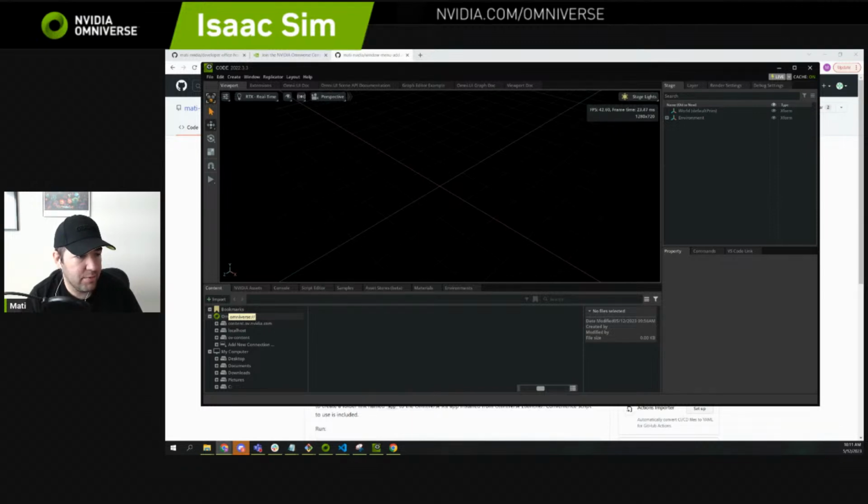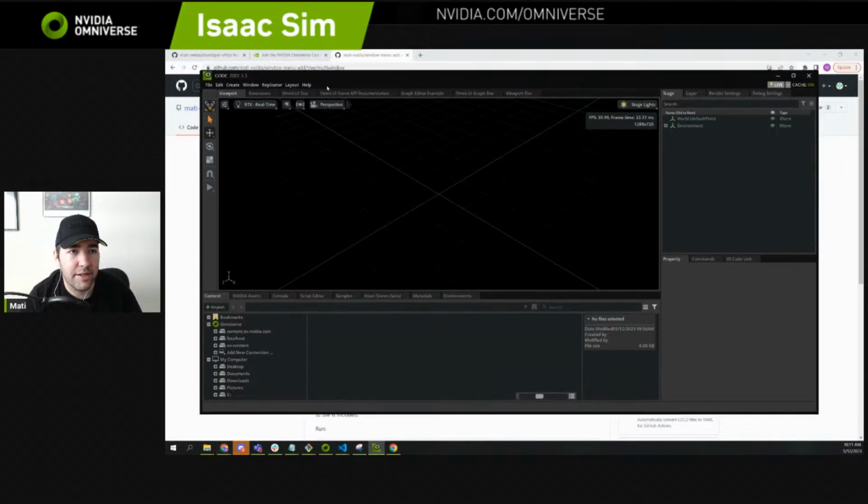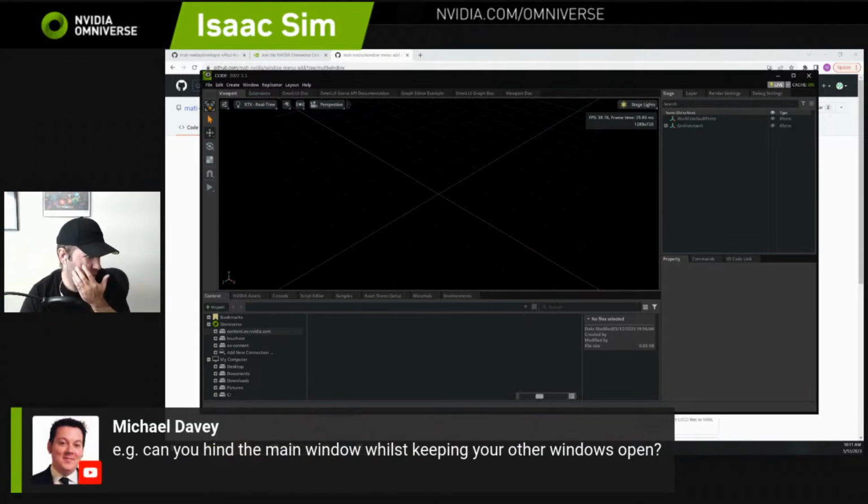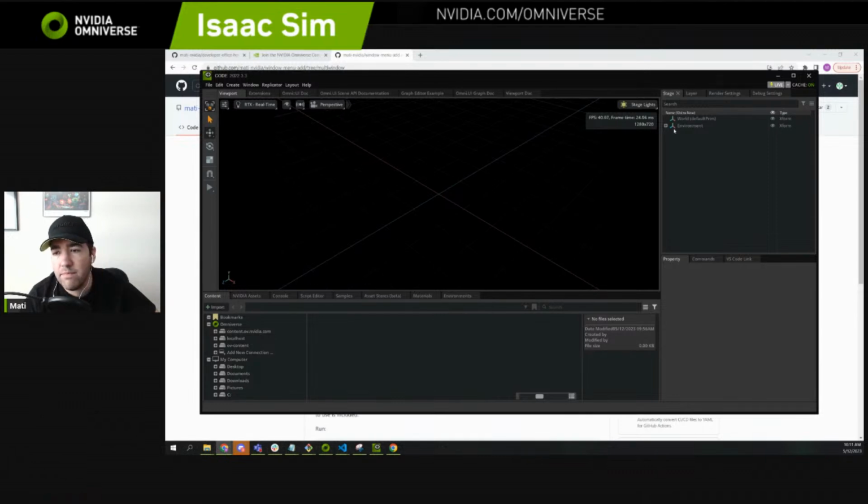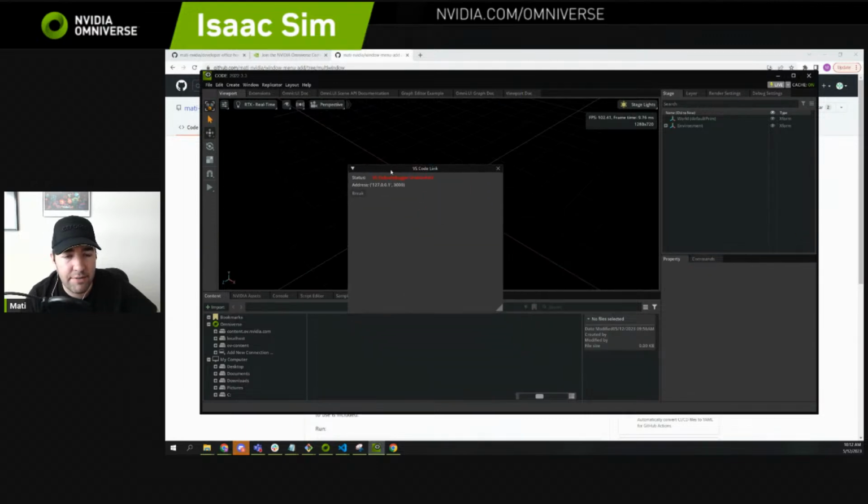Can you hide the main window while keeping the other windows open? No, right? Because the main window. Sorry, I should show this question. So Michael Davey clarified: can you hide the main window while keeping the other windows open? That is not possible, right? Because even if I